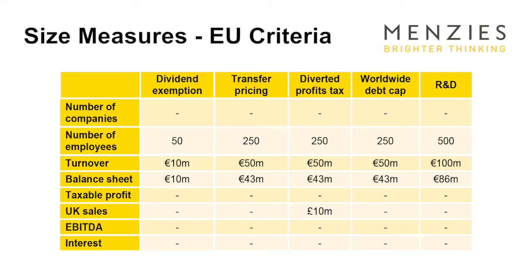The diverted profits tax came into effect on the 1st of April 2015, and this one only applies to large companies with UK sales revenue of 10 million or more. The regime imposes an additional tax charge of 25% on companies that artificially divert profits from the UK, in particular by artificially avoiding having a UK permanent establishment. So companies that are at risk of being caught by the regime should seek advice to see if relevant transactions